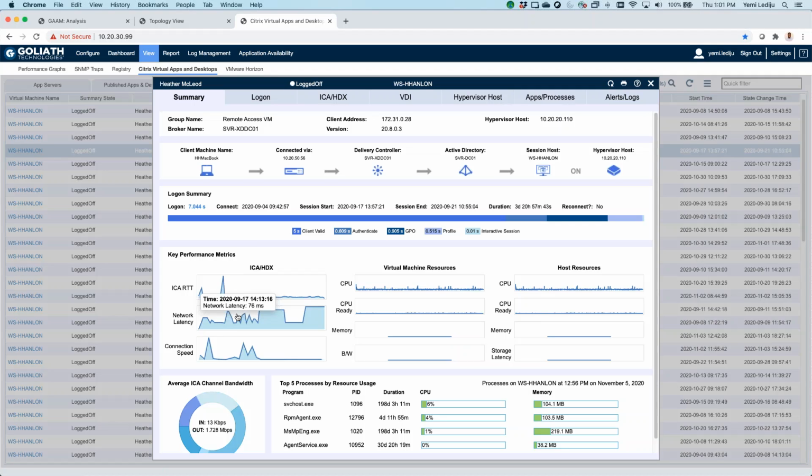So with network latency, you then have to determine whether it's within the data center or outside of the data center. That's when this connection speed metric comes into play. This is the amount of connectivity or bandwidth that the user has for their Citrix session at their location. So whether this is a home user, a user connecting in from Starbucks, or a user inside of the company network, you're able to tell essentially what their download speed is as it pertains